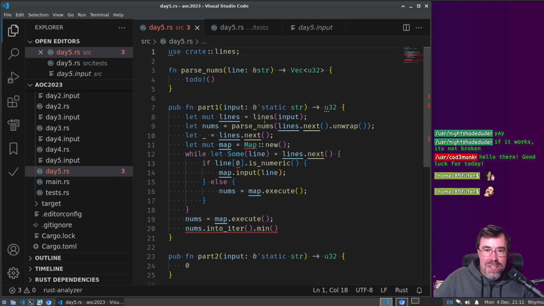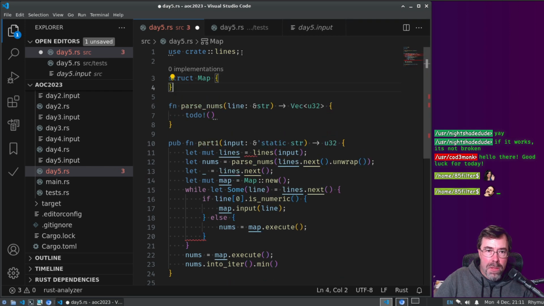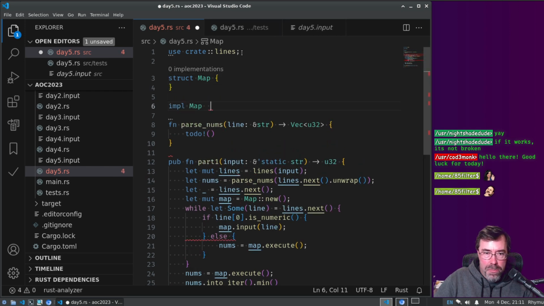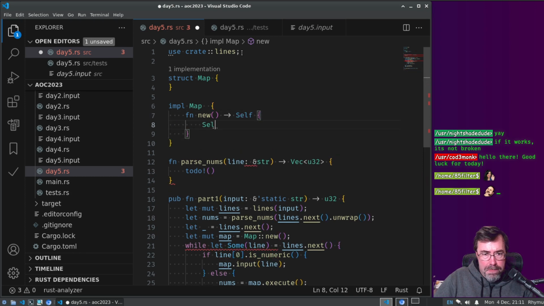Actually, this is independent of having struct Map, right? And we have to have an impl Map. Function new, which just returns self. Easy.